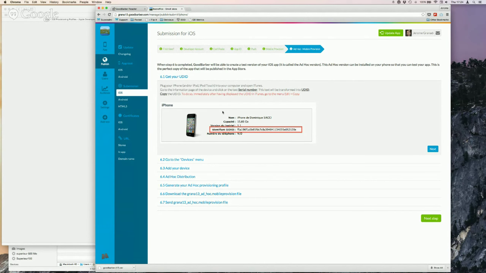Okay? So the ad hoc version can be only installed in some selected devices. And to select those devices, you need to retrieve the UDID of the phones, the iPhones or the iPads you want to install the ad hoc version on. This information can only be retrieved when you plug your iPhone to your computer and you launch the iTunes software. This is the place where you can get the UDID of your device. Don't use apps on the stores that are supposed to give UDIDs because they can't retrieve the UDID of your phone. Only iTunes can. So use iTunes and